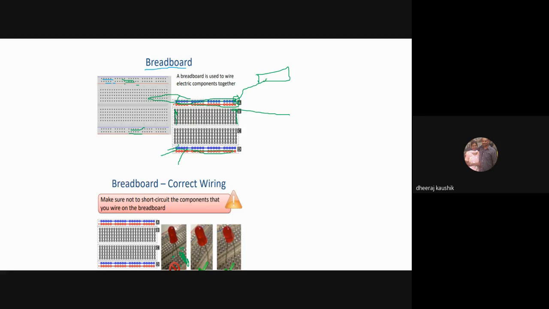You can always use different lines for different ends. This one is the positive and this one is the negative. So this one is the positive here and this one is the negative here. So here this person used a different line for both. You can do that, or you can just place this here. One here and another here would do perfectly fine. Or one here and another here would do perfectly fine. But you have to make sure that you don't short circuit any of the electrical components.